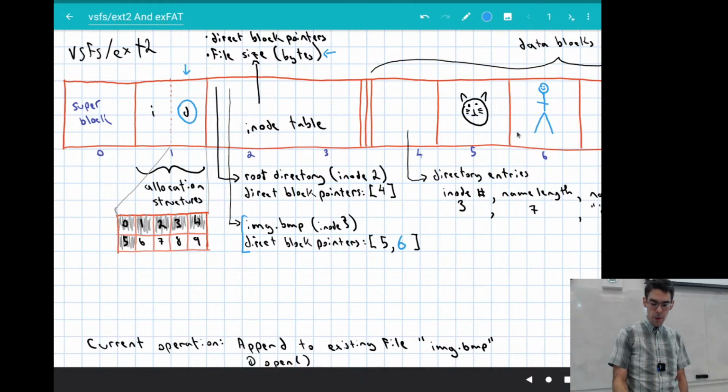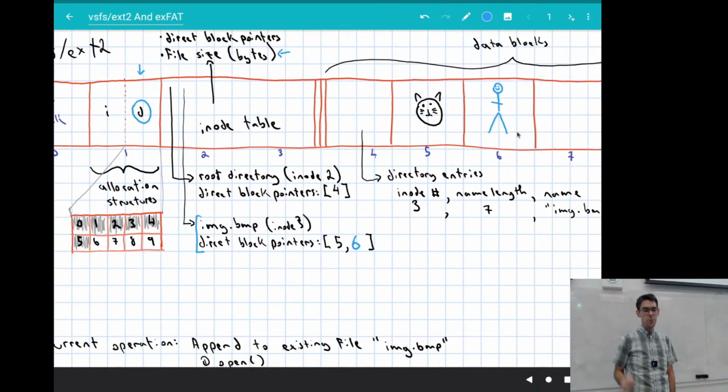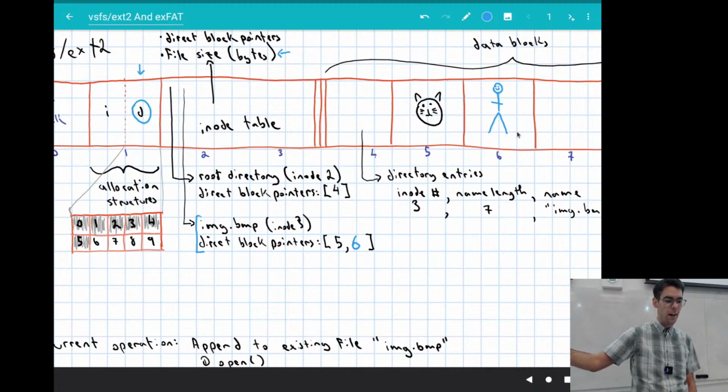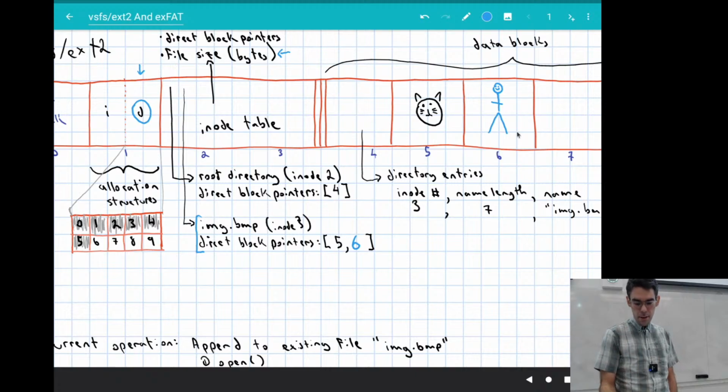And then I'm going to separately make changes to the actual data region. I'm going to write the bytes that I created by drawing myself in Paint to the actual data block number 6 to make changes to the file. We could technically and theoretically also be making changes to block number 5 here, but I'm going to pretend that we don't have to care anything about the bitmap file format right now in terms of updating its own internal structures, because that's outside the scope of what we're thinking about.